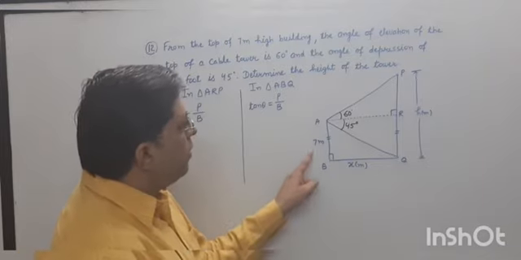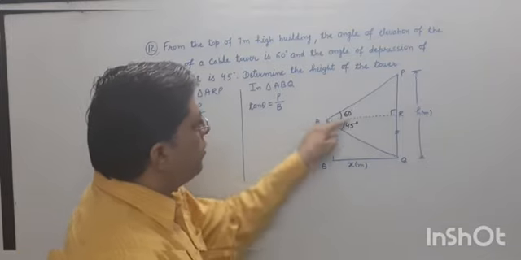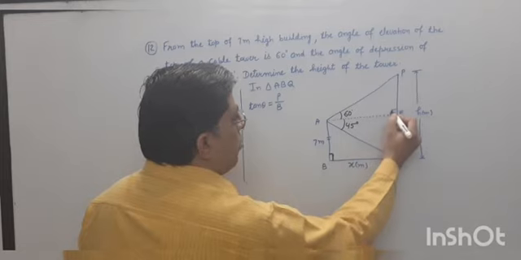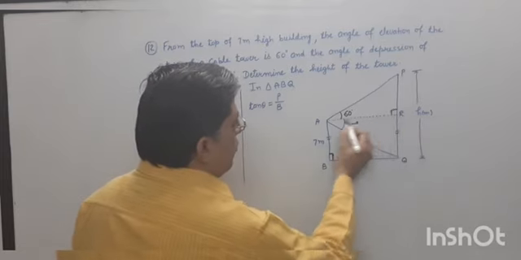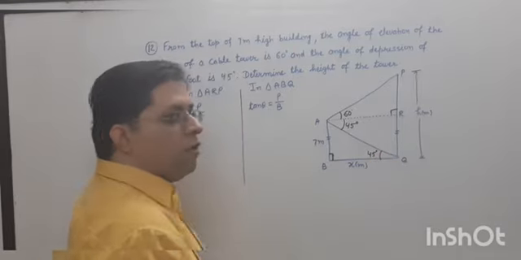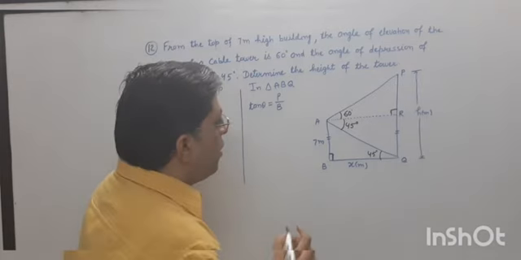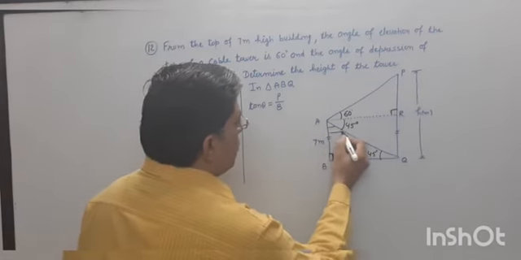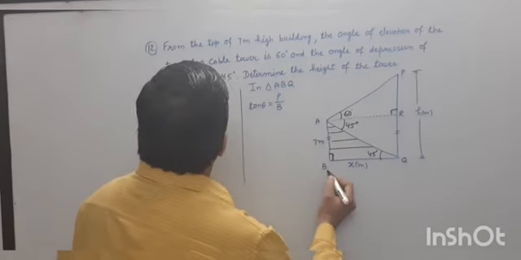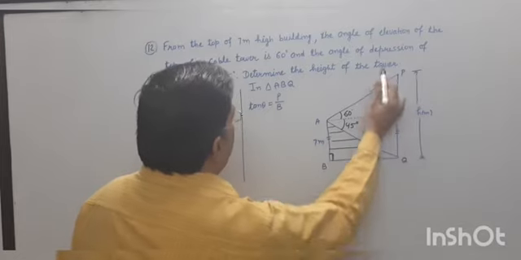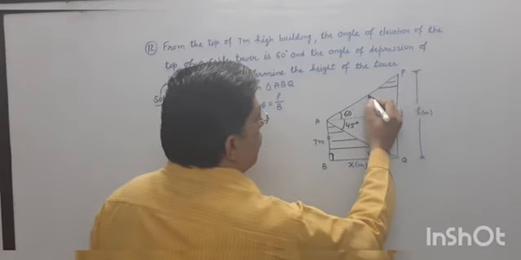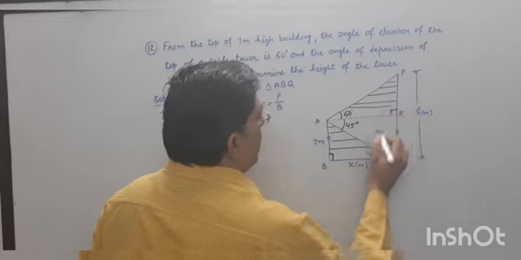Now see in the figure, this is one type of rectangle. If I join this, this is R. This is 90 degree definitely, because both the building and the tower are standing perpendicularly. Now this is your alternate interior angle, 45 degree. This is also 45 degree. Now we have two right triangles here. One right triangle is A, R and P, and the other is A, B and Q. You have to compare these and get the things.